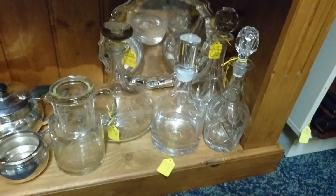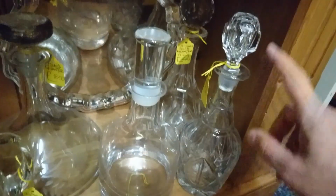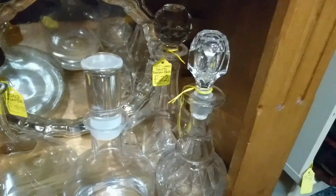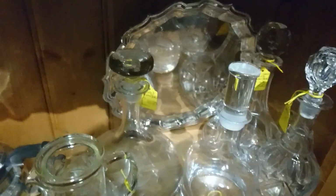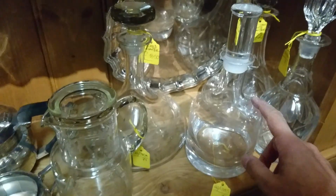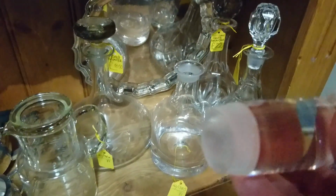Some interesting things down here. There's a small bludgeon decanter. The stopper's not the original. Same period, I think. But yeah, you can even see the colour's a bit brighter. But Dartington, I think this might be called a director's decanter. I might be wrong. No, it's not a director's decanter. I can't remember what this one's called. You can tell all the Dartington ones are